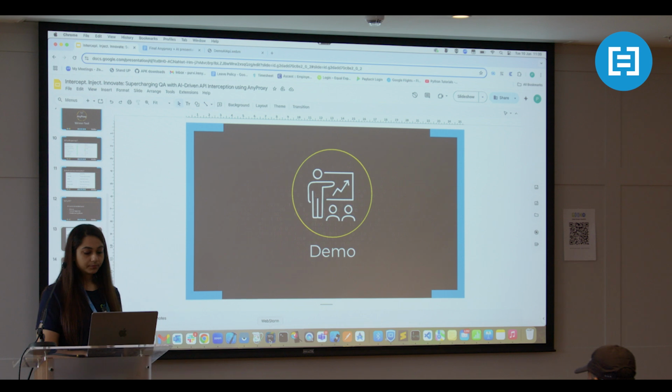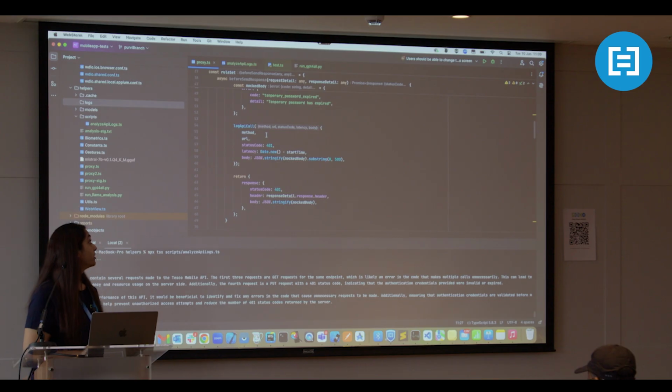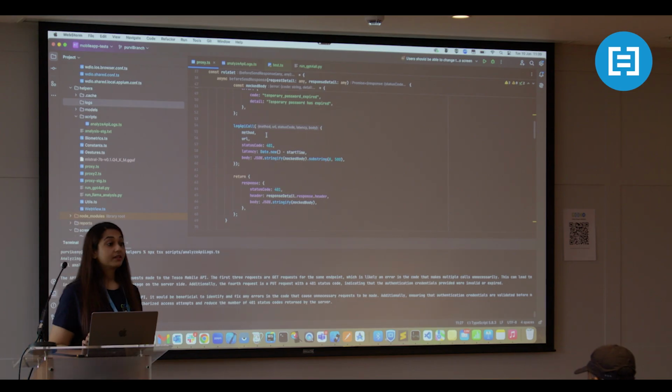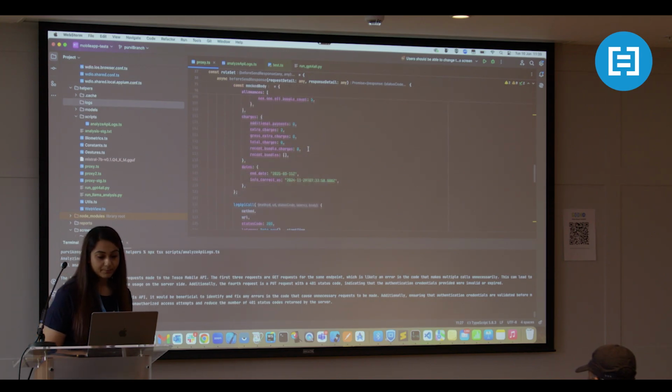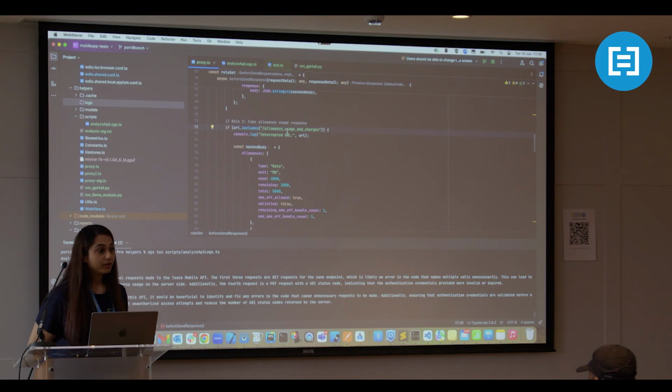Okay, so this is the proxy.ts, the TypeScript file. What it basically does is it intercepts the API based on the key that we give it. For example, on this line it checks whether the URL includes the following words.